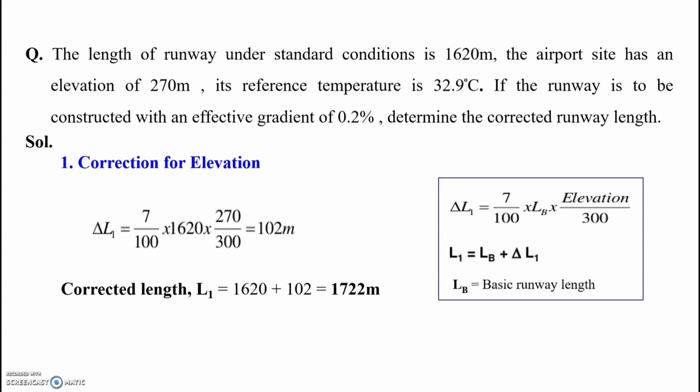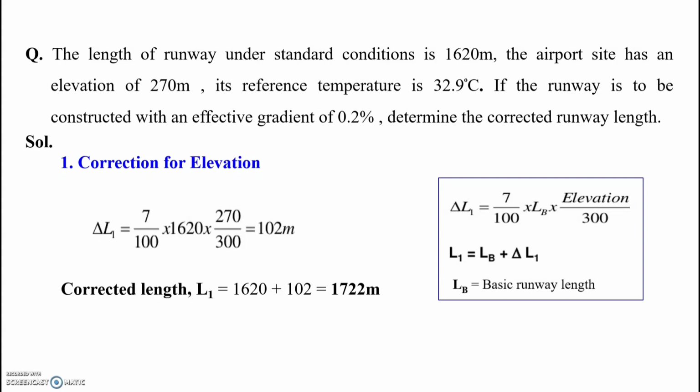As you know, in such a question, our first step is to identify what all corrections you are going to apply. Now, in case of the basic runway length, it's based on few assumptions: the elevation of airport is at mean sea level, the standard temperature of airport at mean sea level is taken to be 15 degrees Celsius, and it is assumed that the runway is leveled. Whenever there is change in these three assumptions, we will have to apply the respective corrections.